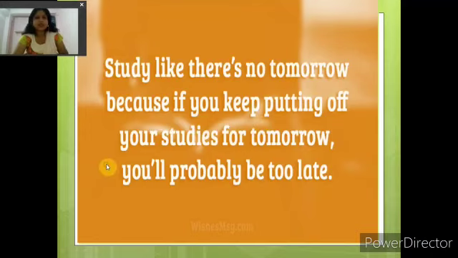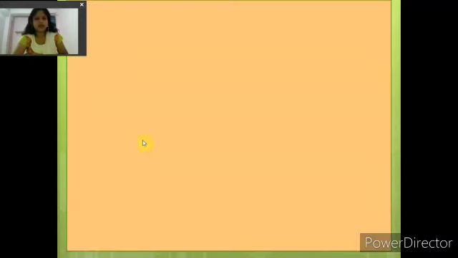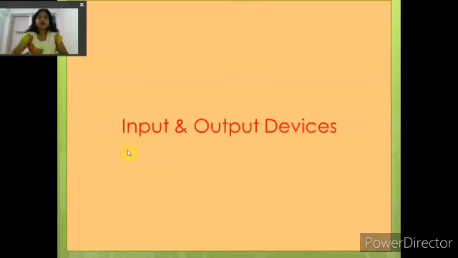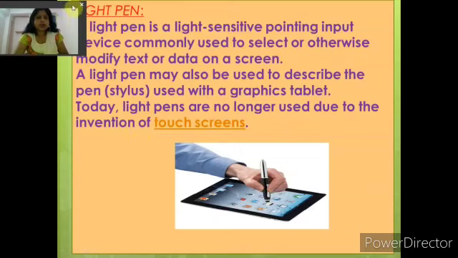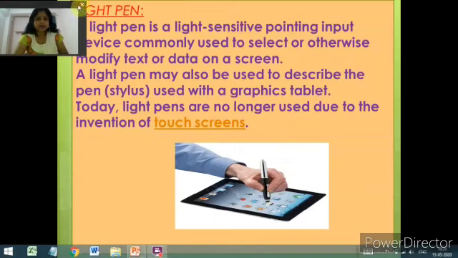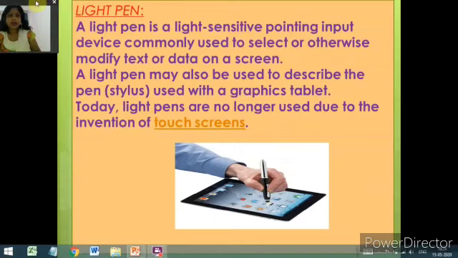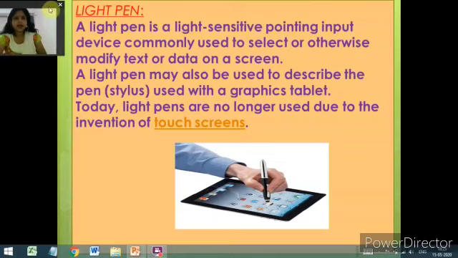In the previous class we studied about some input devices. So some other input devices and output devices we'll study today. What are the input devices we'll study today? Like our light pen. Light pen, all of you have seen. In our smart class also, the light pen you have used, the stylus, that is also one type of light pen.